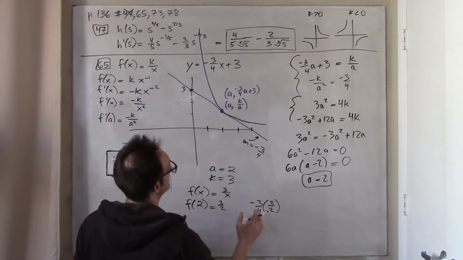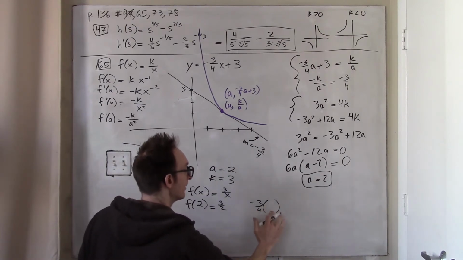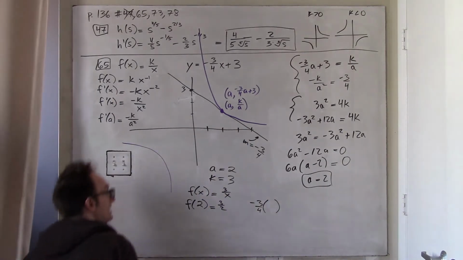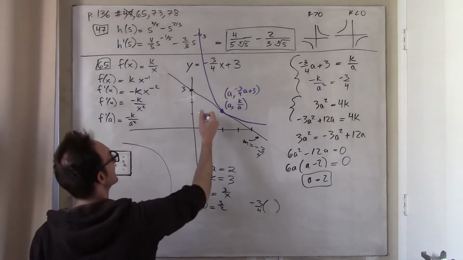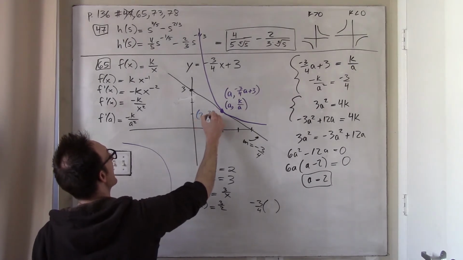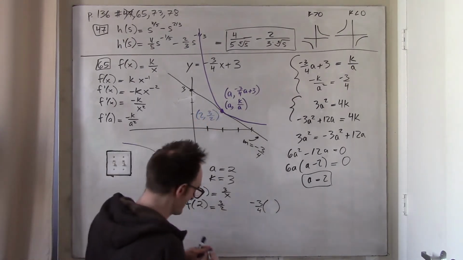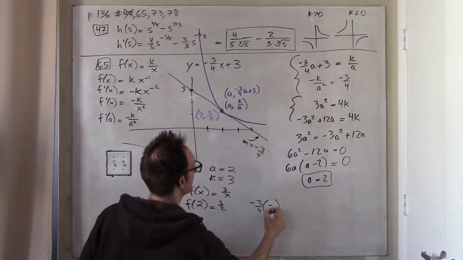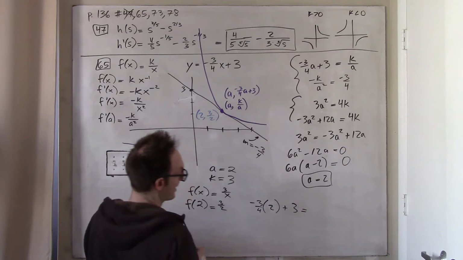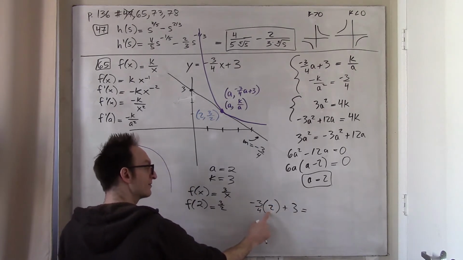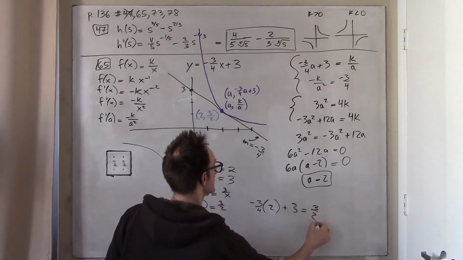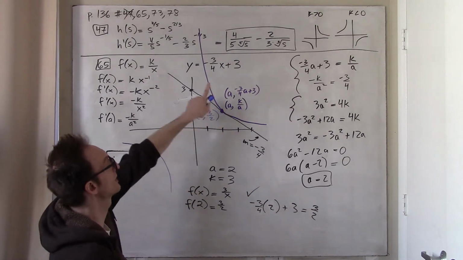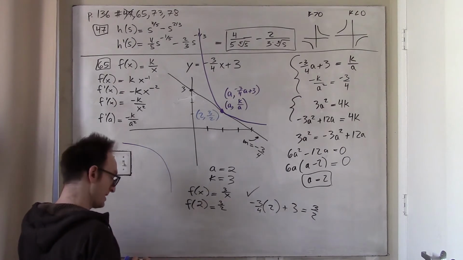Sorry, that was actually the wrong thing to even be talking about. This point, I am learning, is the point, if I've done this all correctly, (2, 3/2). And let's see if that makes sense. When I plug 2 into this line, what do I get? I get -3/2 and 3, so that is 3/2. So that part's checking out, that the point (2, 3/2) is on the line and also on the function